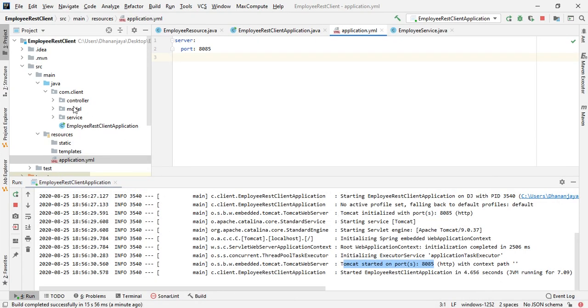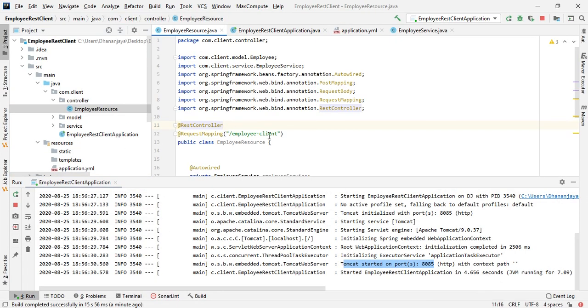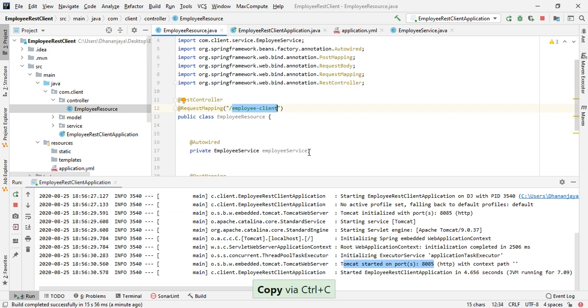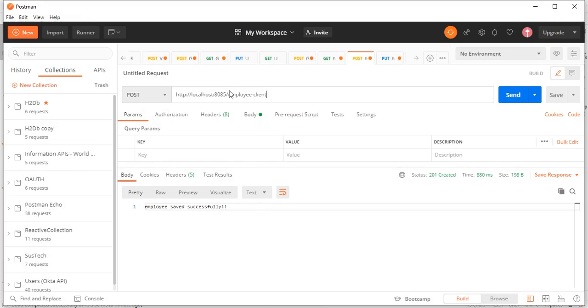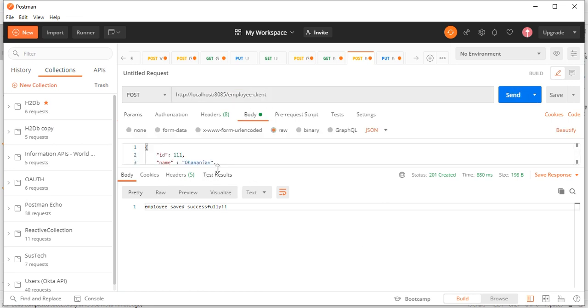Let me check again the endpoint. Employee-client, and the method is POST. Let's try to change the name.